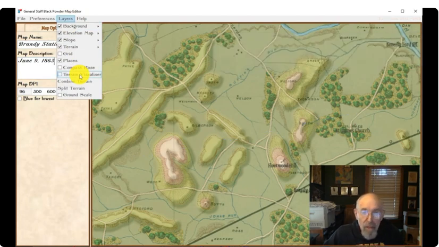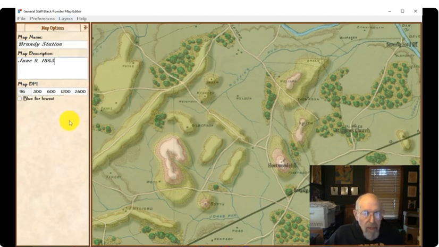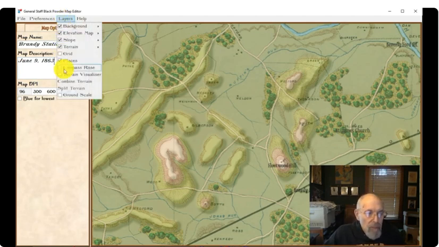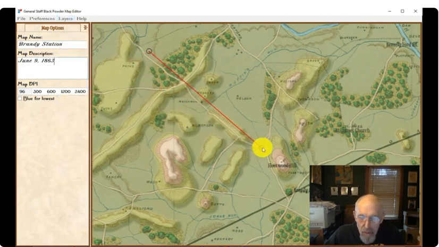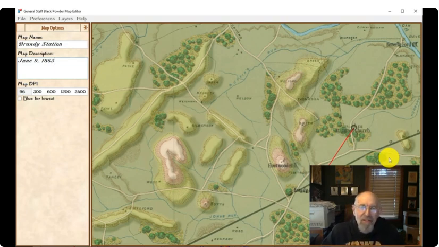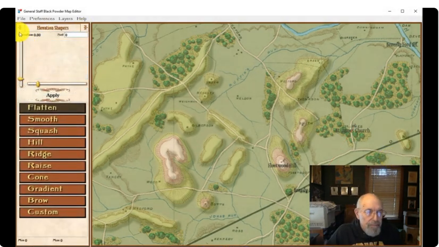Oh, ground scale. I forgot to set the ground scale. Let's see if I can find some distances on a map. And you set the ground scale like this, and I'm going to have to look up on a map, and say, what's the distance from Brandy Station to, I don't know, some town around here, like St. James Church, and then I have to remove, I can't see what I'm setting because I got my little picture-in-picture over it. So you just do that, and then you set it.